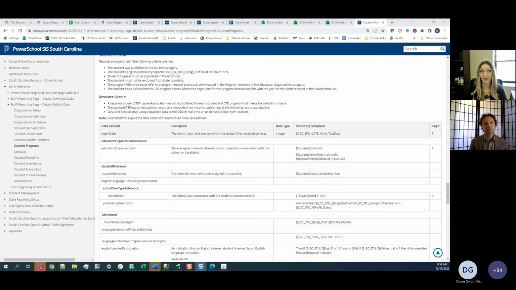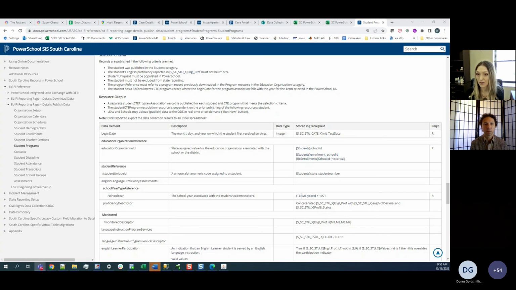If you're not wanting to do that yet, I think it would be a good thing to just start looking. At the very least, I would say a good step right now is to get in the habit of refreshing everything. So each week, stay up to date on your state reporting, and try to get oriented a little bit in terms of the resources that are coming out. Someone was kind enough already to put a link to our EdFi in South Carolina webpage, which every so often might have a new resource or something that's updated to help you as we get feedback and as we learn more.